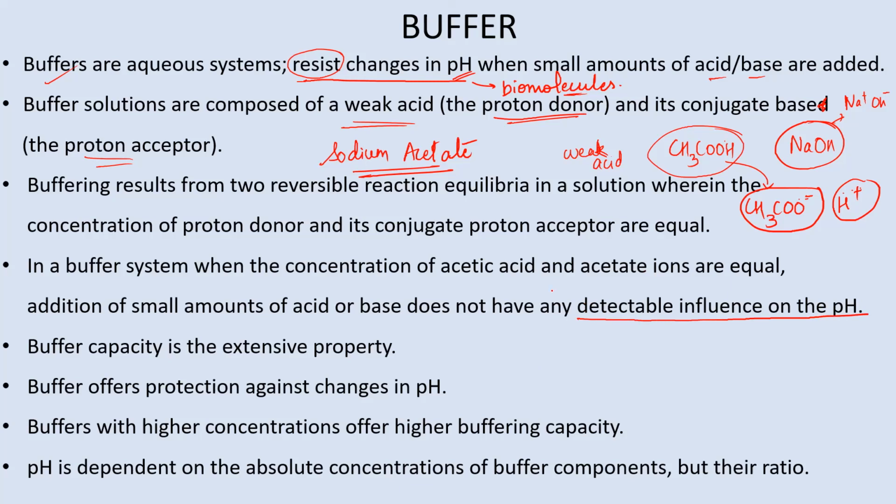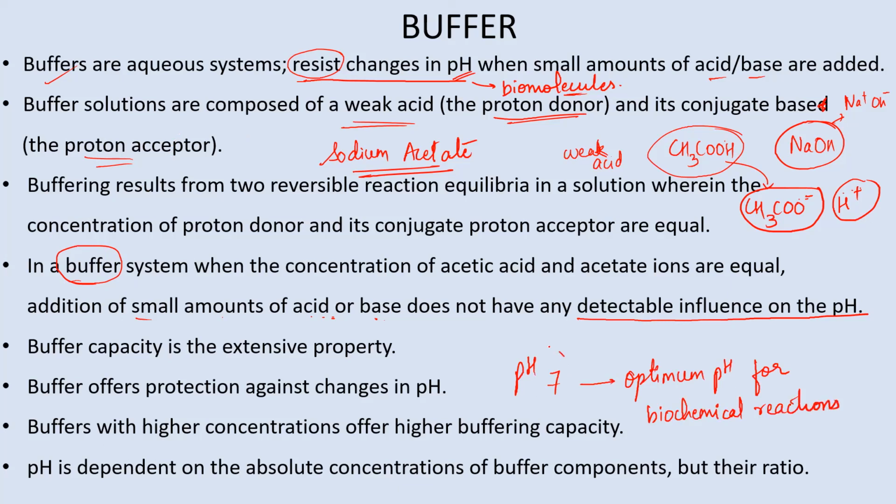So if you have a buffer and small amounts of acid or base are added to that buffer system, then you will not see any detectable influence on the pH. That is because this capacity of the buffer to maintain the pH is also going to maintain the rate of the enzymatic reactions in the cell. So if a cell is at pH 7, and this is the optimum pH for biochemical reactions,